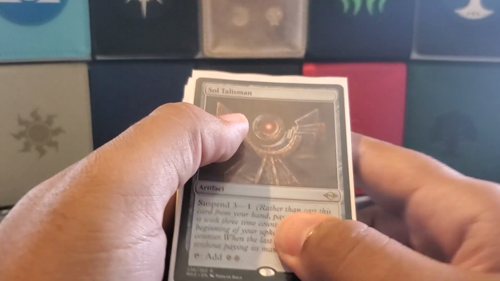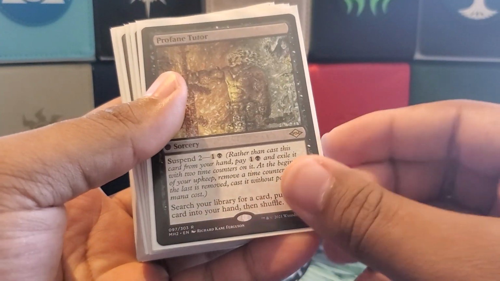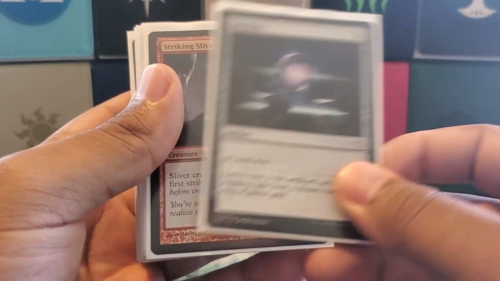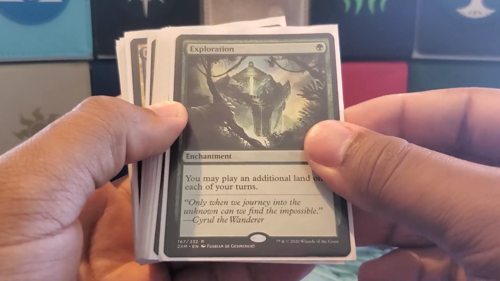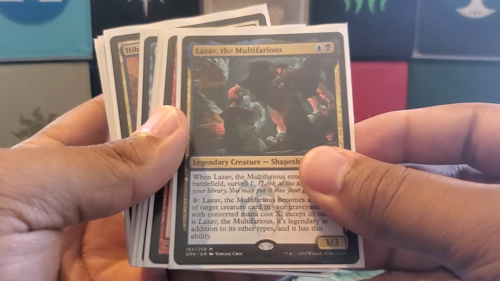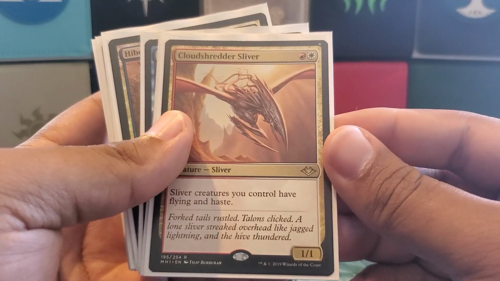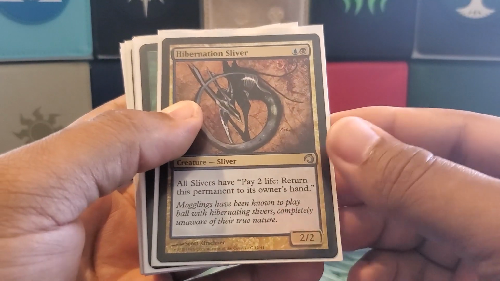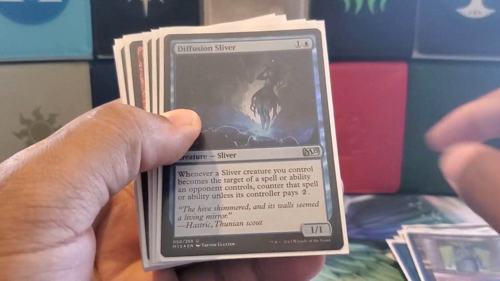Now we will take a look at the rest of the cards in the 99. Starting off here, we have a Soul Talisman, Mox Tantalite, Profane Tutor, Inevitable Betrayal, Gaia's Will, a Soul Ring, Striking Sliver, Virulent Sliver, Exploration, Sentinel Sliver, Manaweft Sliver, Lazav the Multifarious, Two-Headed Sliver, Pyre of Heroes, Cloud Shredder Sliver, Venom Sliver, Military Intelligence, Hibernation Sliver, Quick Sliver, Crystalline Sliver,